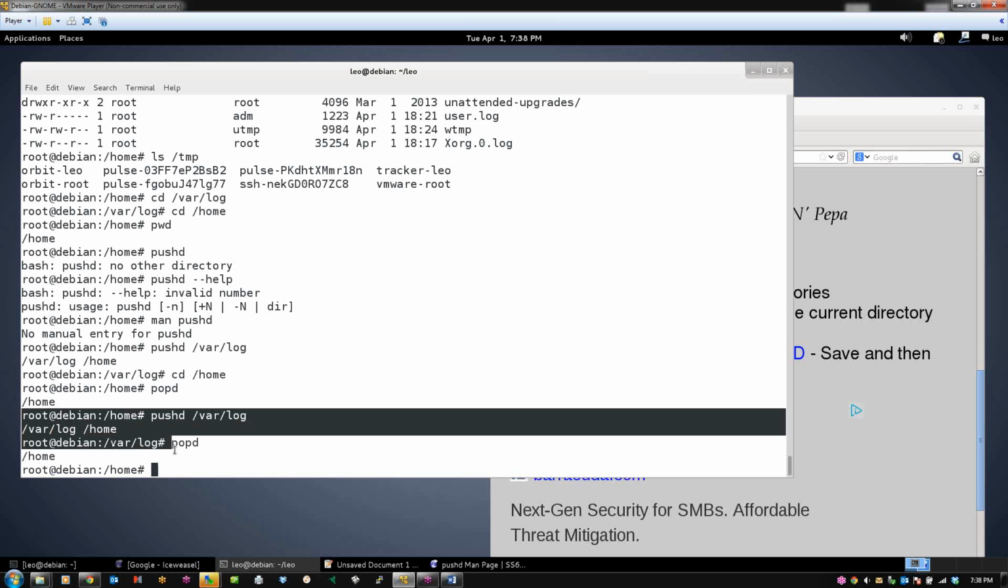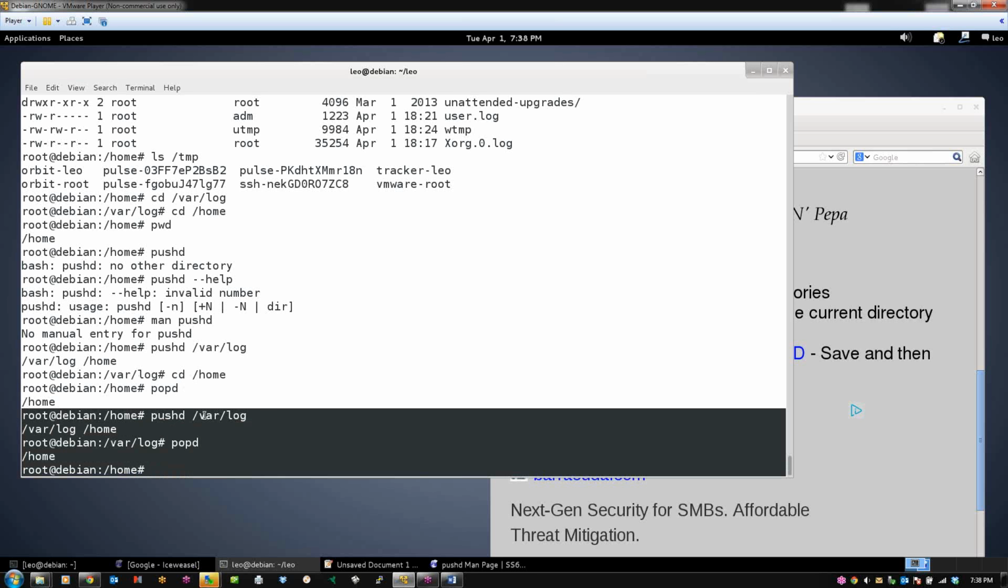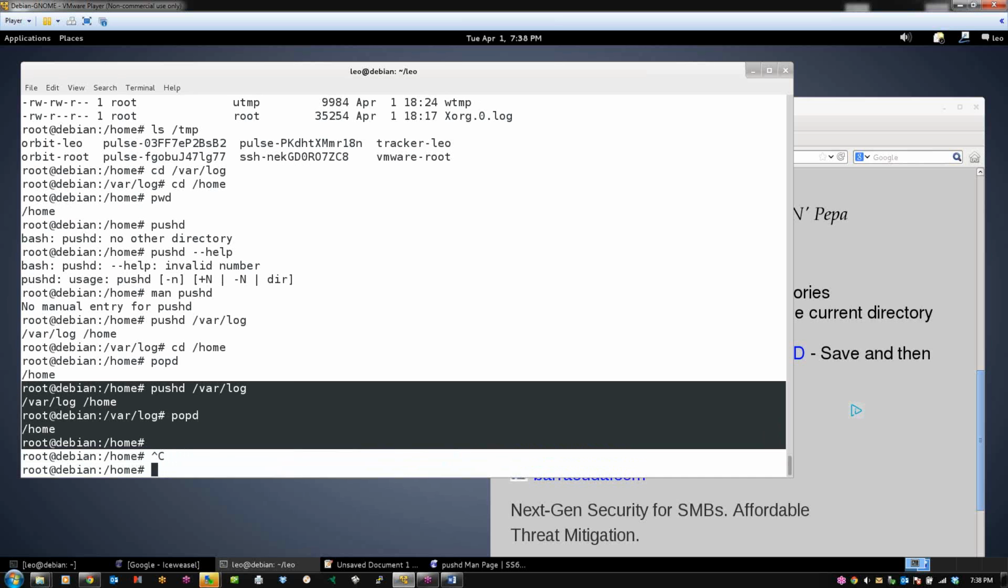Let's walk through it for you guys from the beginning. It's pushd /var/log. Basically what I'm saying is bookmark where I'm at and then take me somewhere else. And then if I just pop the directory, it takes me right back to where I was. So here's where novice versus experience comes into play. Because let's say that I'm in some crazy, wacky directory